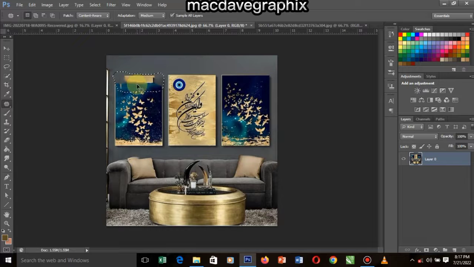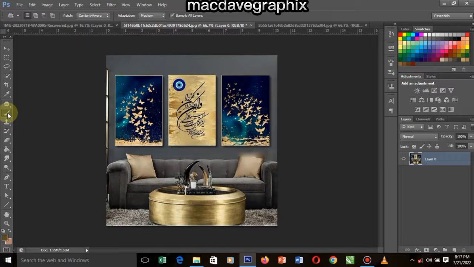Now let's undo. If you want to undo, you select first Ctrl D, then hold Ctrl Alt Z. Just keep pressing Alt Z if you want to undo to the previous place we were. Okay, let me leave this one like this. Ctrl D. You can see here we have affected the